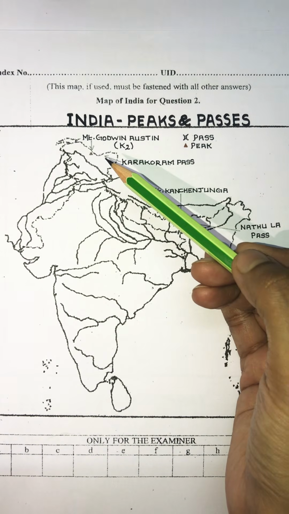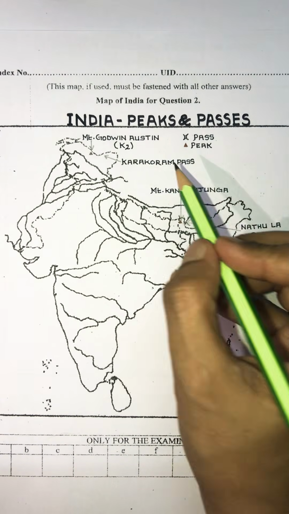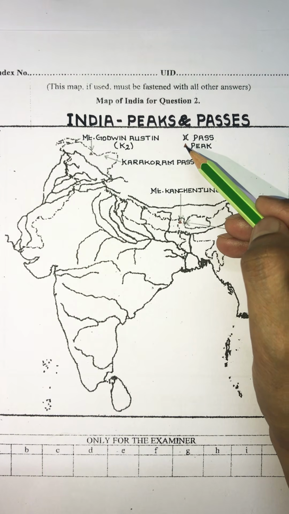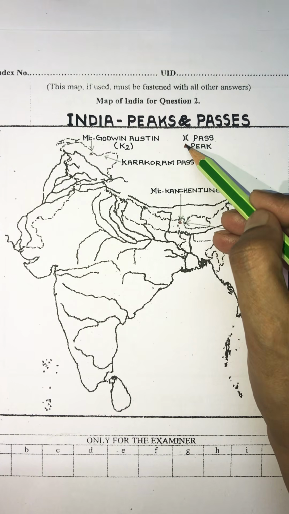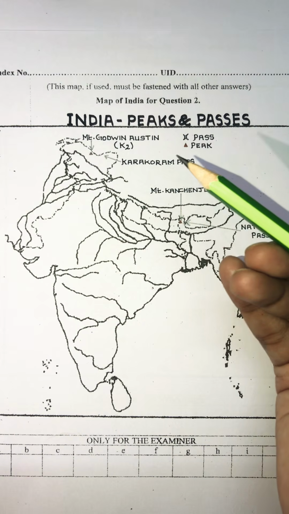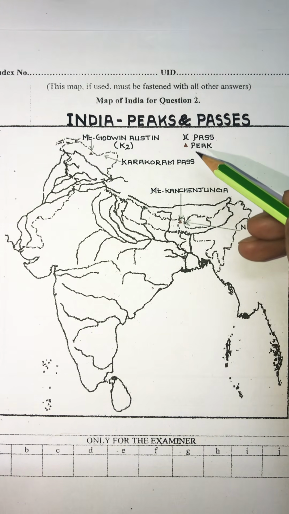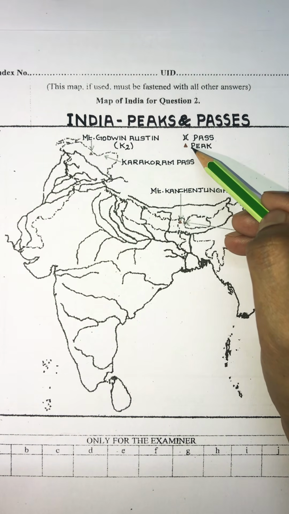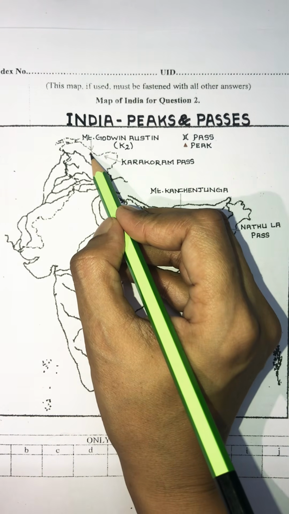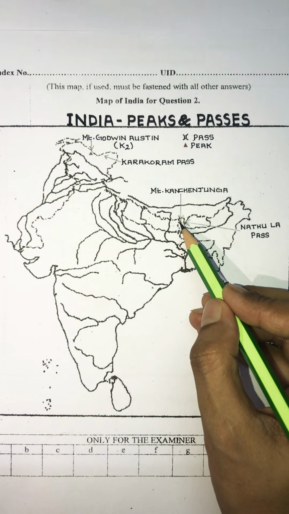Now let's come to peaks. Peaks have to be marked with a brown sharp color pencil and a triangle has to be made. So you have to draw a small triangle with a sharp brown color pencil. You may also use a normal lead pencil if you do not have a brown color pencil to mark the peaks. And then you have to locate them at the exact place where they should be.